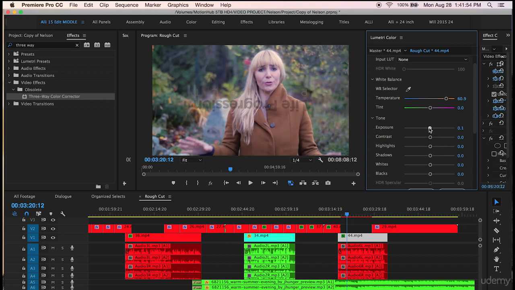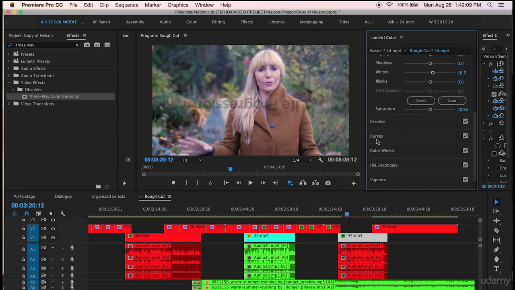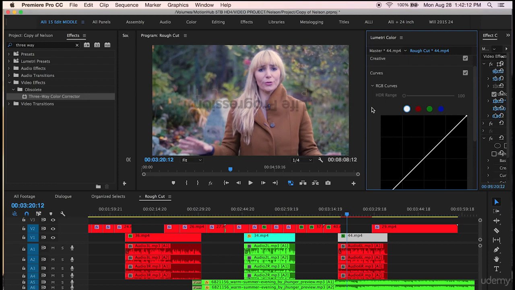Let's bring the exposure up to 0.2. We'll bring the whites up to 10.5. Let's also click on curves, and we'll click on the blue circle of curves, and let's drag this blue line down a little bit. We're dragging it down because it's still too blue. So by dragging it down a little bit, it's taking the blue out of the clip. As I drag it more, you can see the blue's really taken out, and it's leaving the colors of green